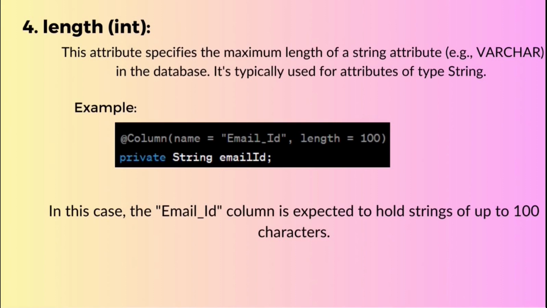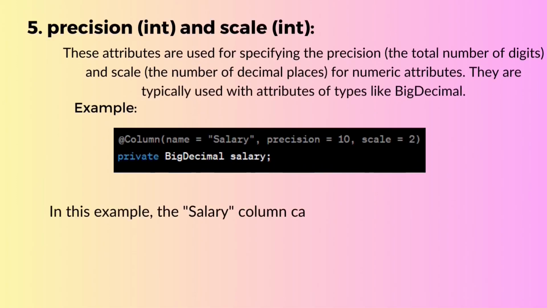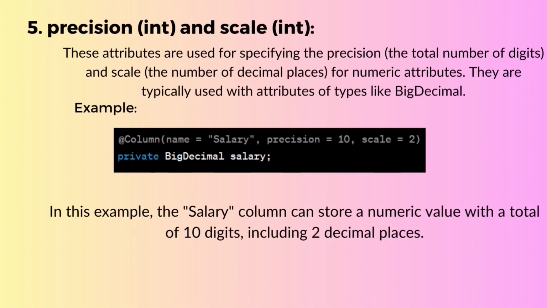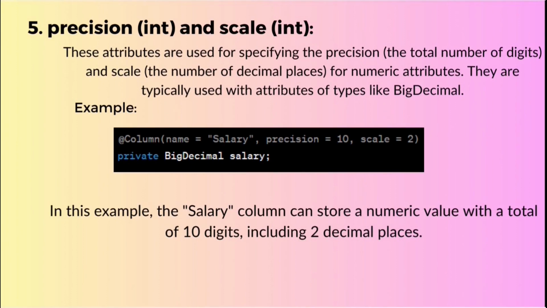Next one is precision of int and scale of int. These attributes are used for specifying the precision, the total number of digits, and the scale, the number of decimal places for numeric attributes. They are typically used with the attributes of types like BigDecimal. In our example, the salary column can store a numeric value with a total of 10 digits including 2 decimal